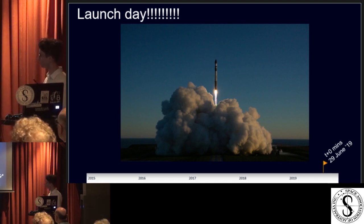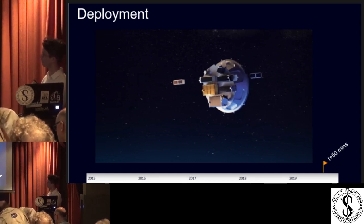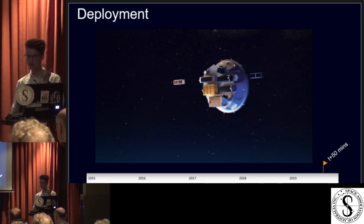This is the Electron rocket. Rocket Lab was obviously our launch provider. They're in New Zealand. So we get to launch day. Launch occurs, launch is successful, we get to T plus 50 minutes. At T plus 50 minutes, this is an animation of basically what happens. So the kick stage deploys us out of the side there. And we got confirmation, first, that the launch was successful, and confirmation from Rocket Lab that the orbital insertion was